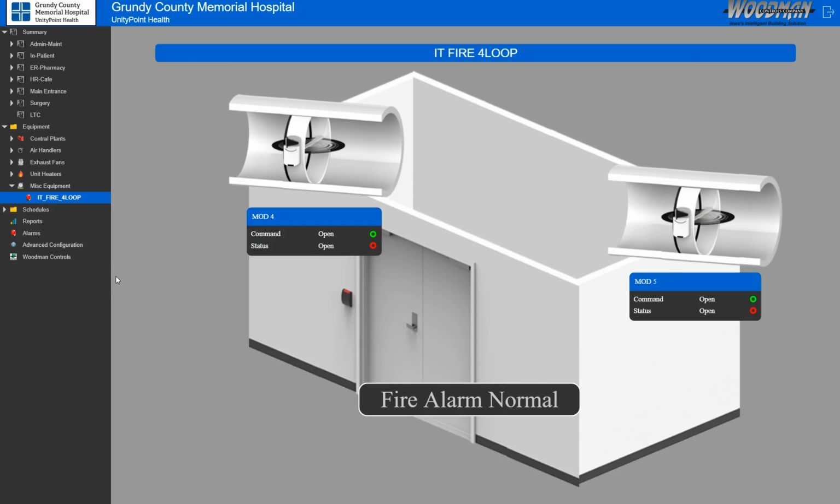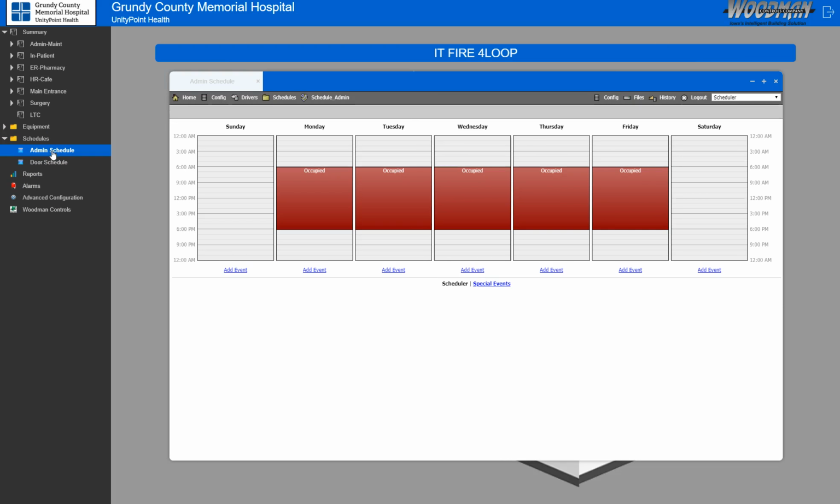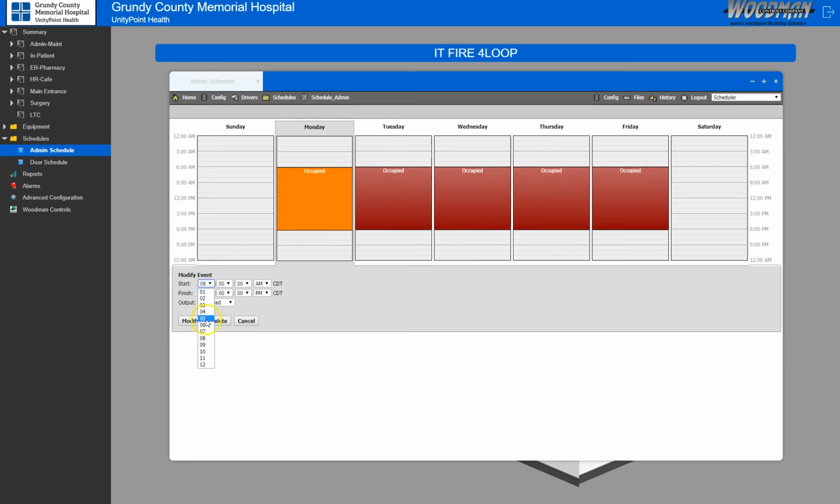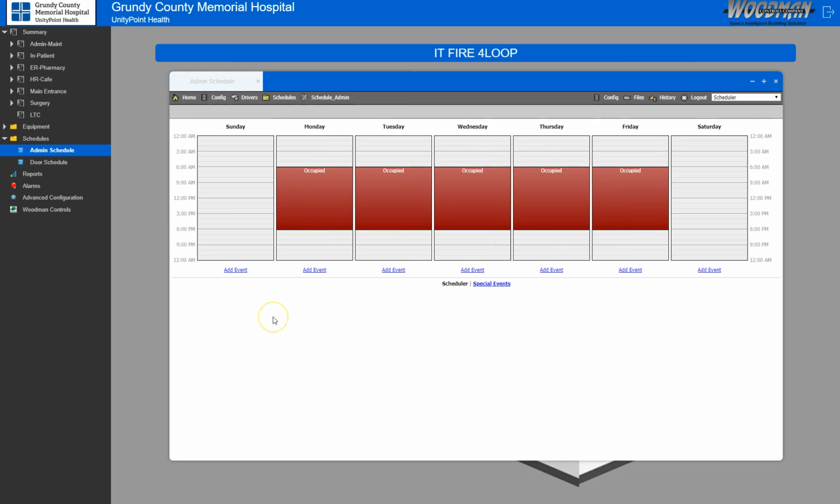Fire alarm system, it's just whether or not it's normal, and then these modulating dampers, whether or not it's doing venting. Schedules, this is going to be real similar to what you had before. I still have to do the Niagara 4 updates. This image will change just slightly, but when you click on something, you can change it to whatever you want for a time span. Now, it looks like you guys do very, very few schedules